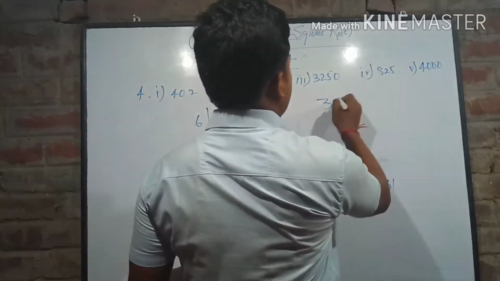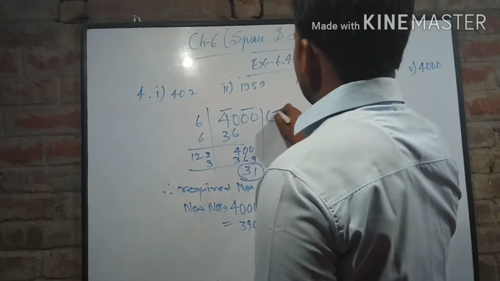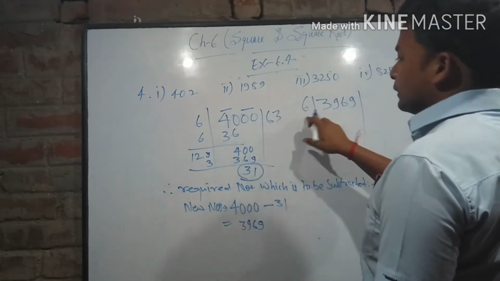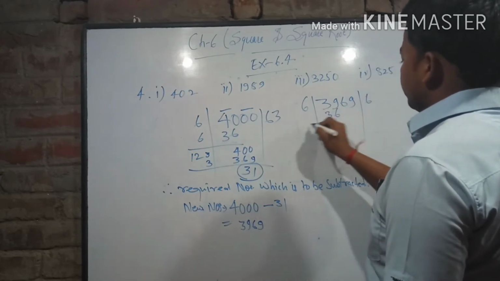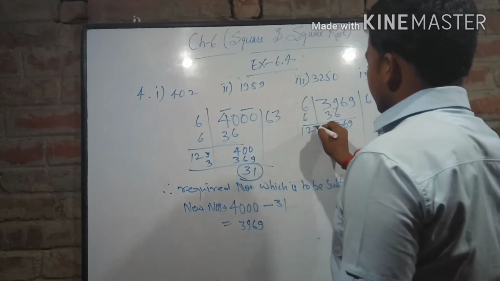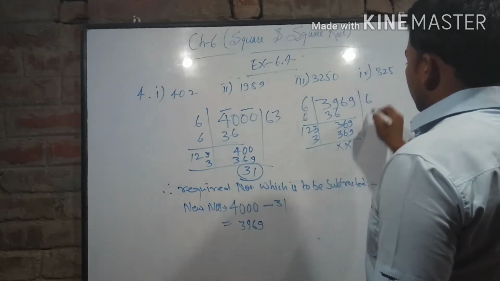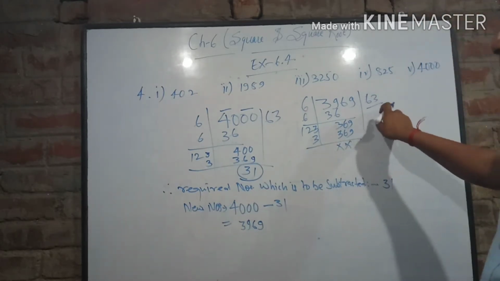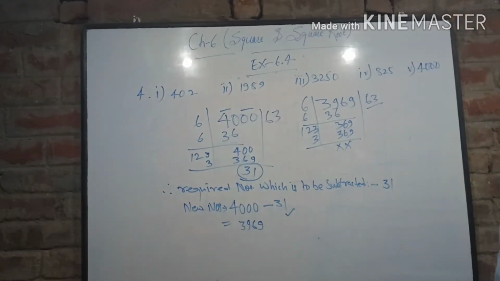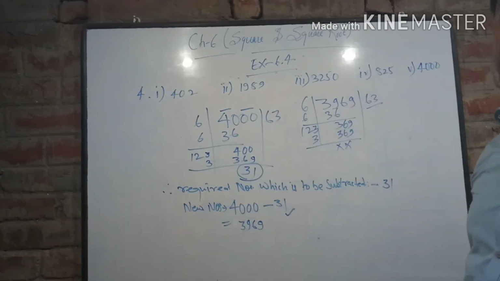In the question it is also mentioned that we have to find out the new number also. So we will find out the square root of 3969, or you can say that this will be the perfect square of nothing but this answer only. But we have to verify. 6 6s are 36, and finally we get the same result. So 63 is the square root of the new number, and 31 is the required number which is to be subtracted. Like that, we can do all the 4 or 5 parts given in the question.